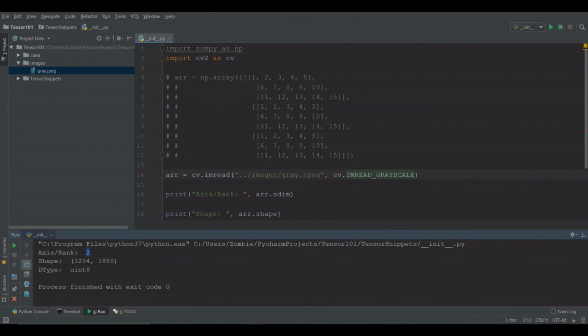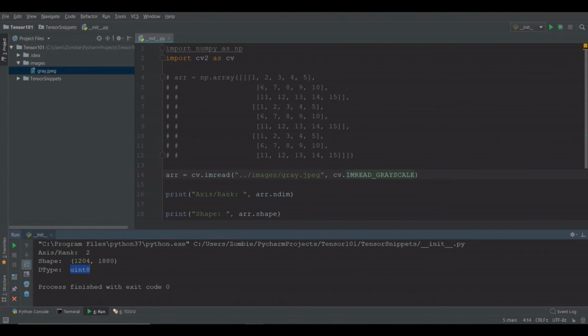And while reading the image in grayscale, OpenCV omit the third value from the tuple, which is going to be 1. Rest values for height and width are same. The data type is 8-bit integer because the elements of this tensor only has values between 0 to 255, which falls in the range of 8-bit integer.